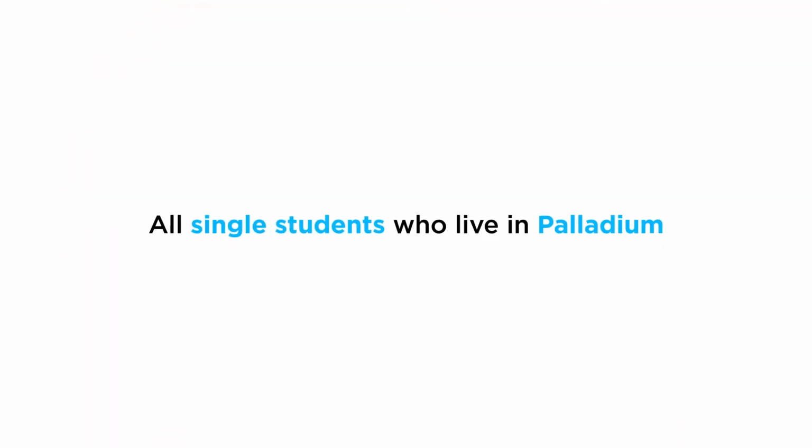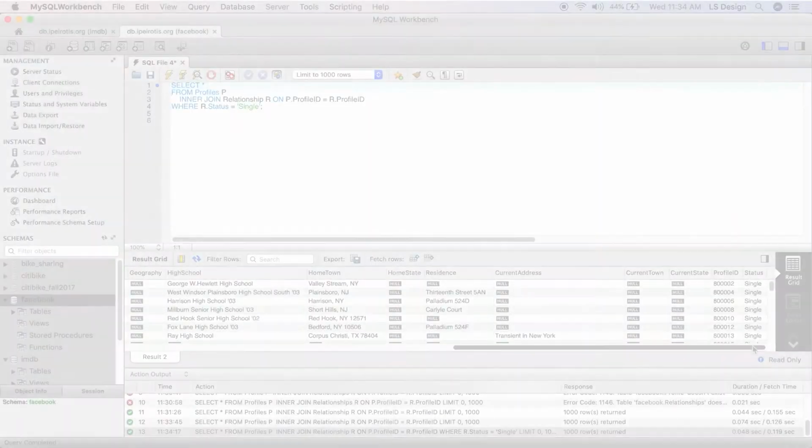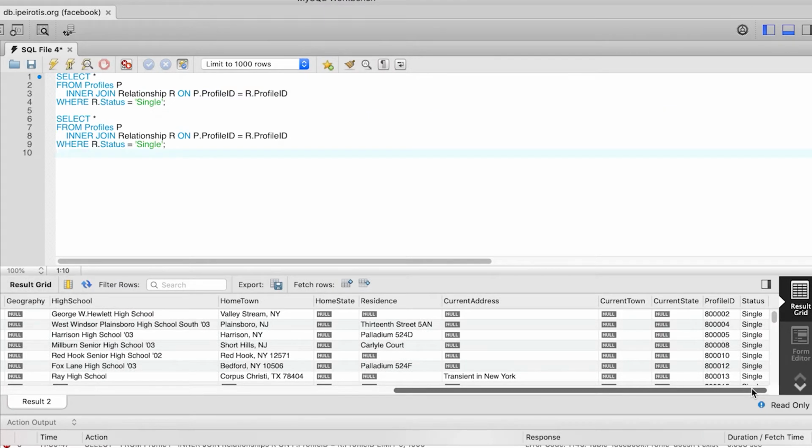Let's continue to our next query. We want to find all the single students that live in Palladium according to the residence attribute. Let's start with the easy part. Finding the single students, well, we already have the query. Now we want to extend the query to find the single students who live in Palladium. If you take a look at the residence column, you will see that when people write where they